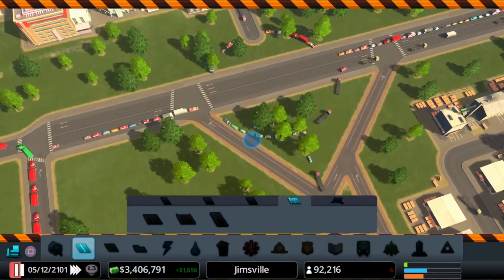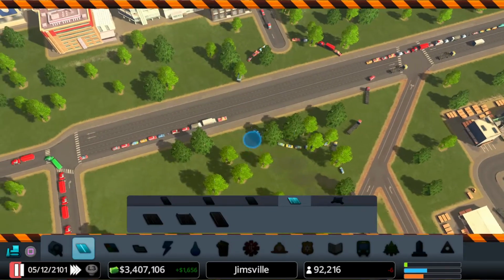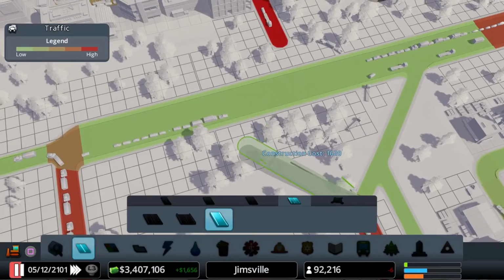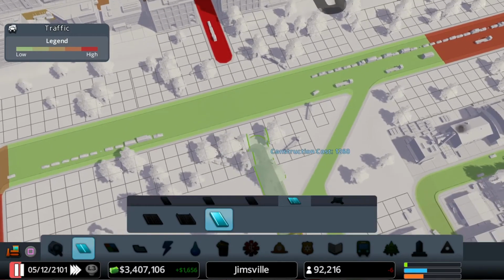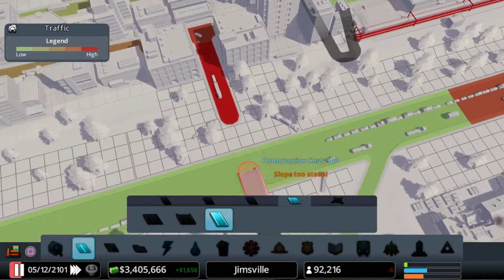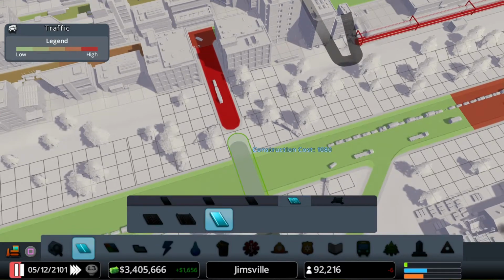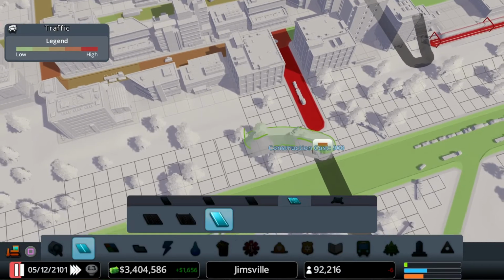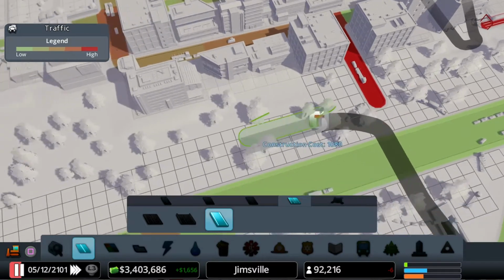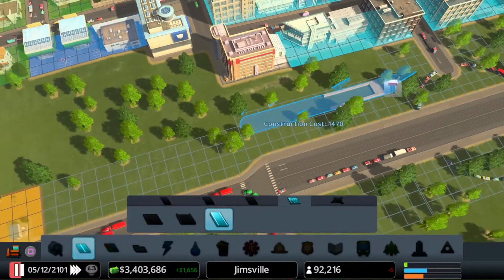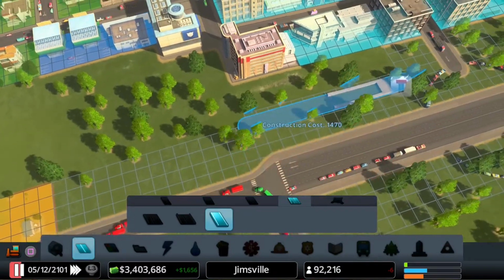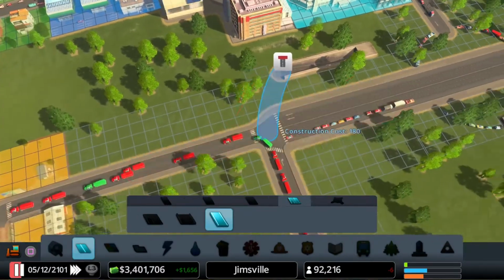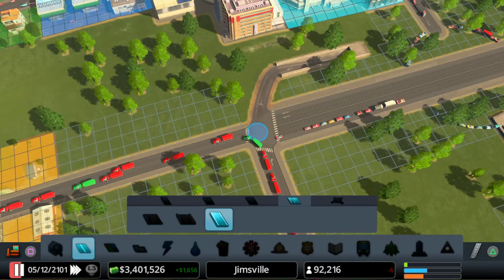And this one, I'm actually going to take underground. And then bring up and connect in there.